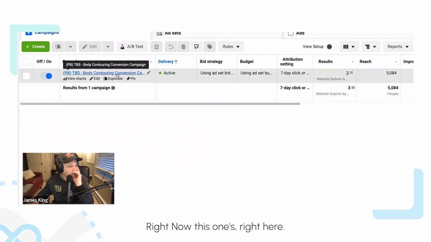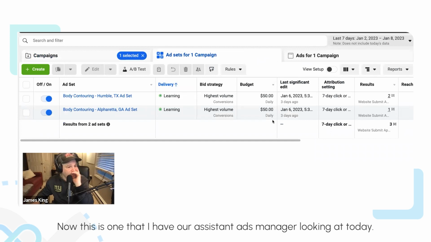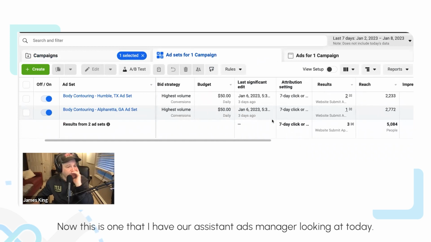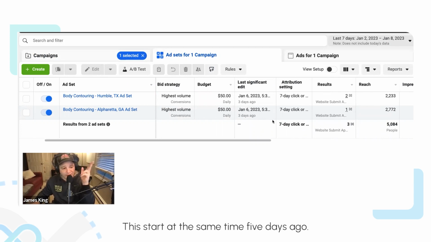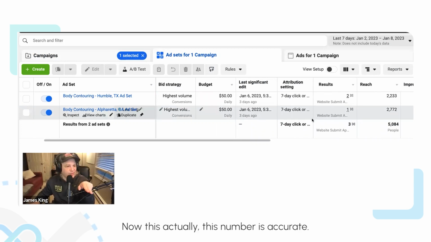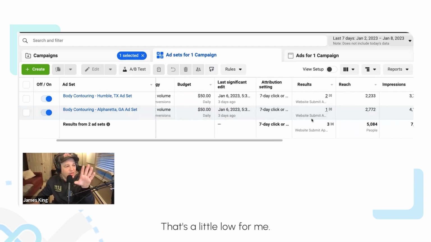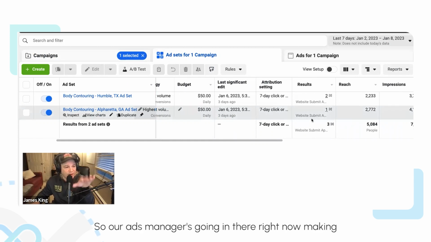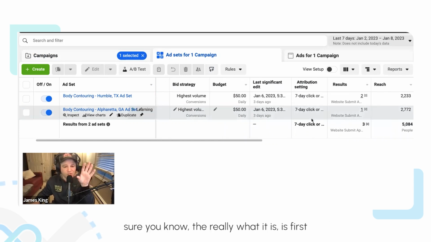Now, this one's not right here. Now, this is one that I have our assistant ads manager looking at today. This started at the same time 5 days ago. This number is accurate. It's 3 leads that came in. That's a little low for me. So our ads manager is going in there right now, making sure,